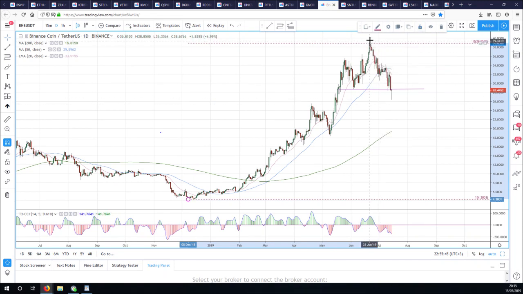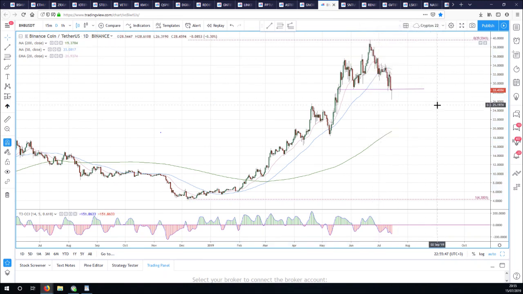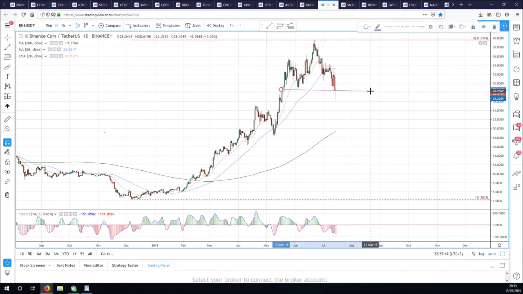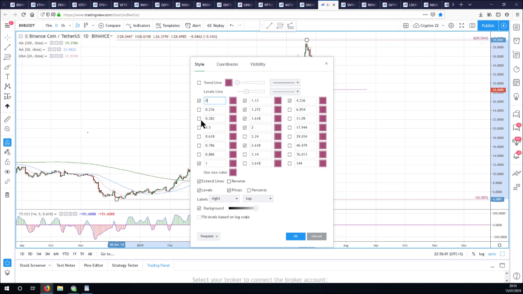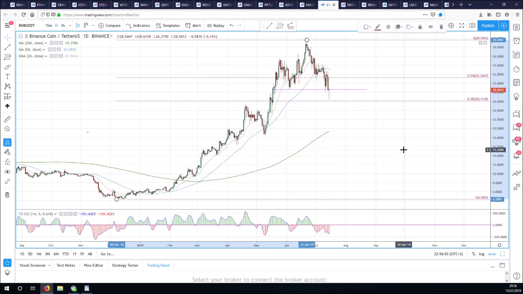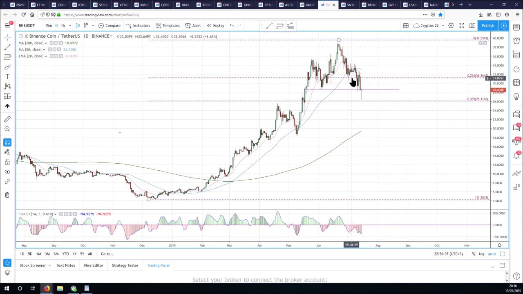The good news about this is it does now look like a bit of, let me make sure this is level, a bit of a false breakdown if we can close back above this low here from the 4th of June. And false breakdowns are pretty powerful reversal. Didn't quite reach this 38.2. This 236 I think may be quite strong. So this is where I'm going to say our resistance is going to be 31.26.